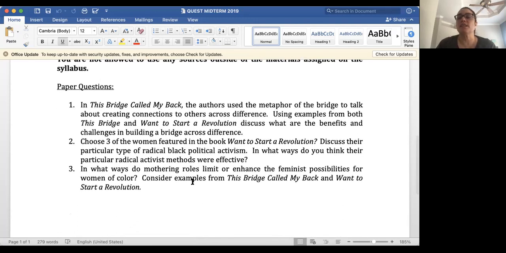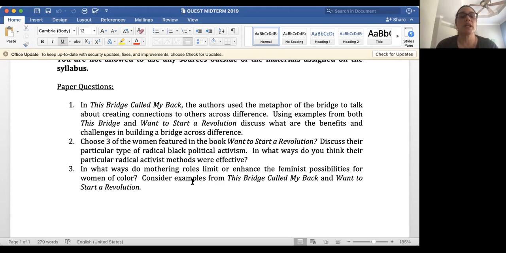And really the point of this assignment is to, in a way, quote unquote, test your reading comprehension, right? That you not only did the reading assignments, but that you understood what was covered in those assignments, and that you're able to use the readings to think critically about different issues. So there are 3 questions listed here. You choose only one of these questions to write about, okay? Do not write about each one, just one question, okay? And I'll go over each question.